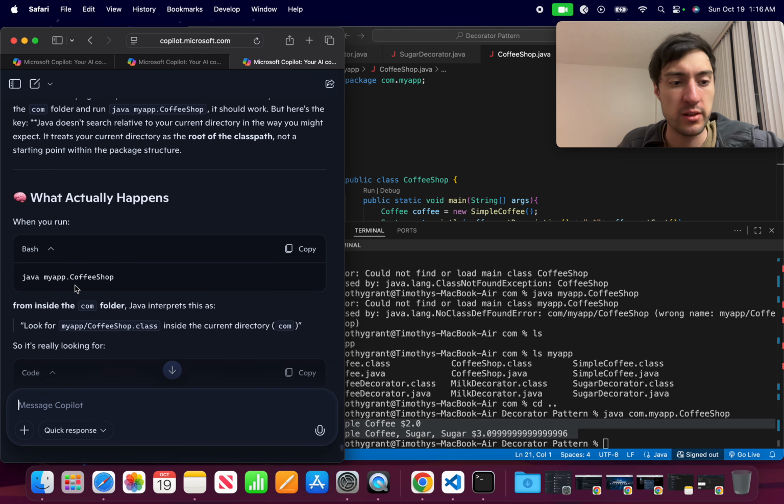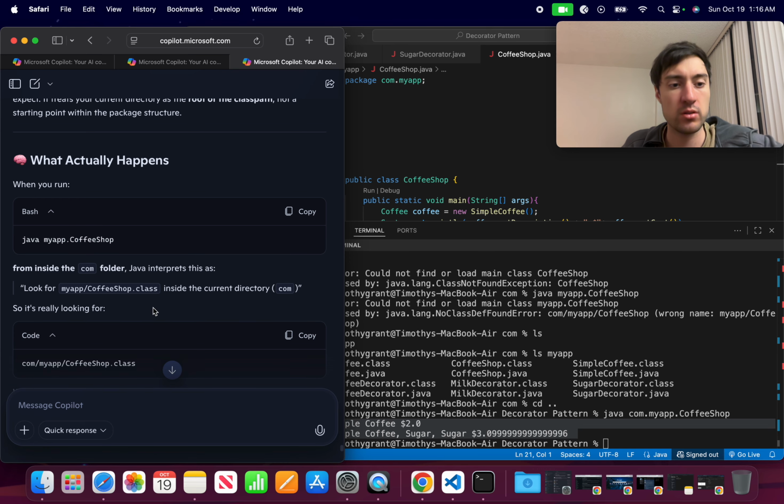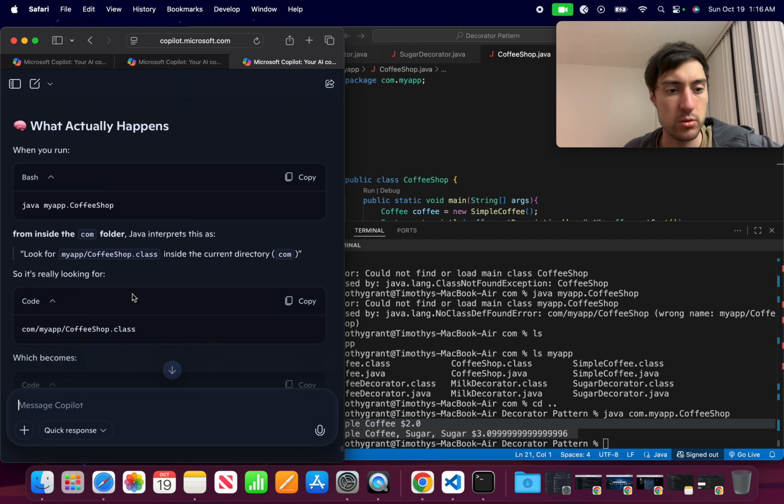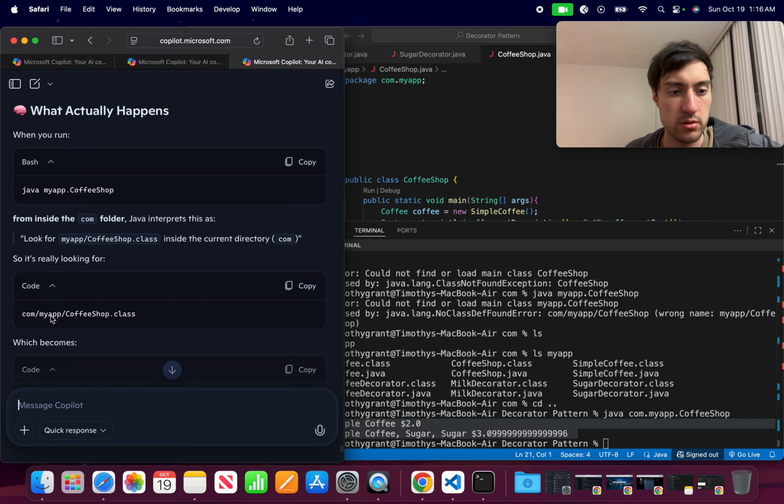So when you run this from inside com, Java interprets this as look for the app CoffeeShop class inside the current directory com. Yes. So what it's really looking for is